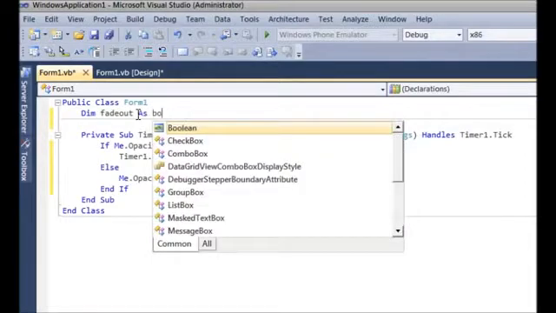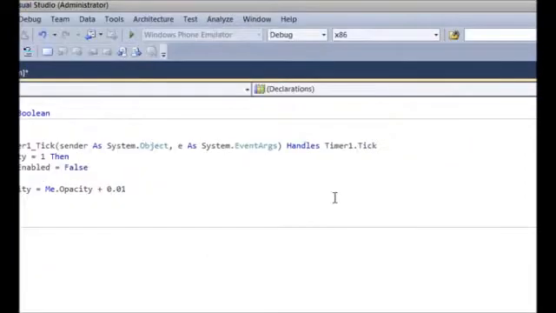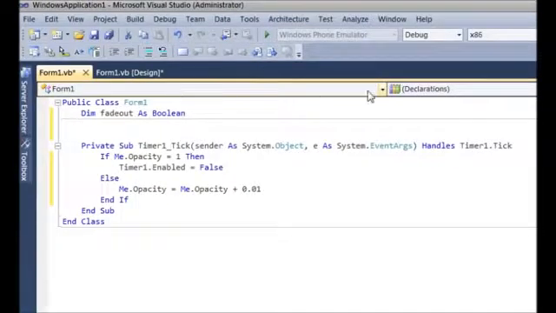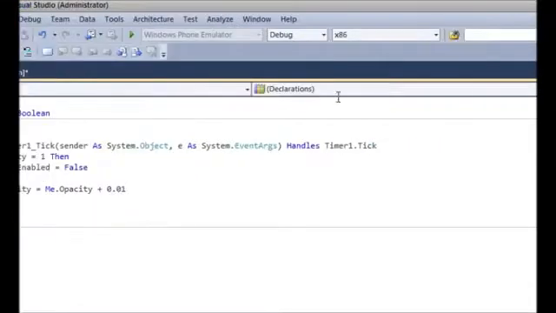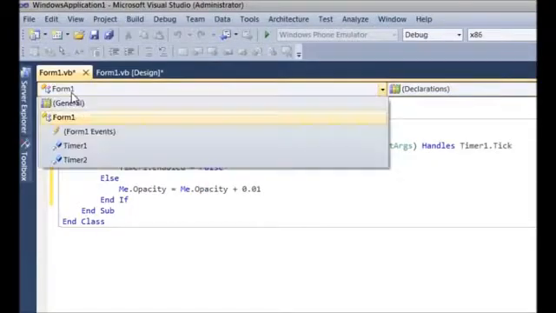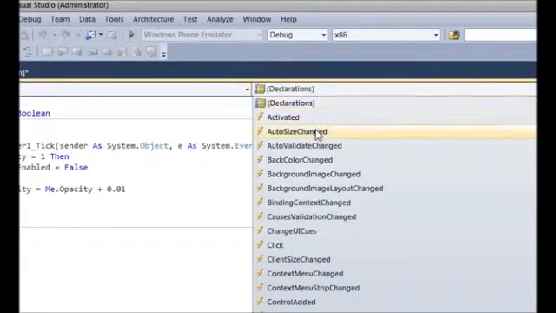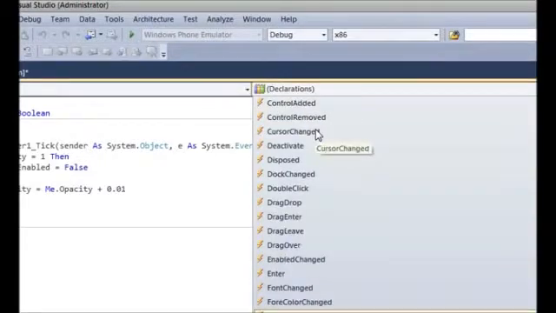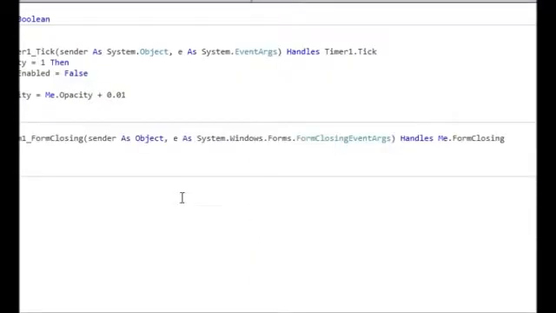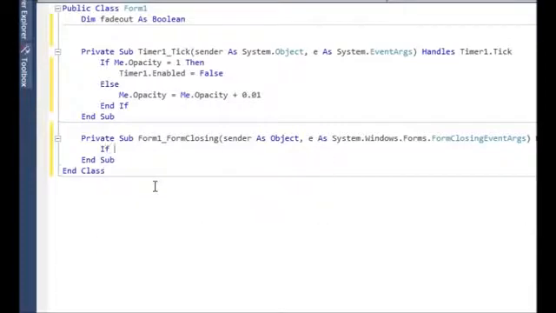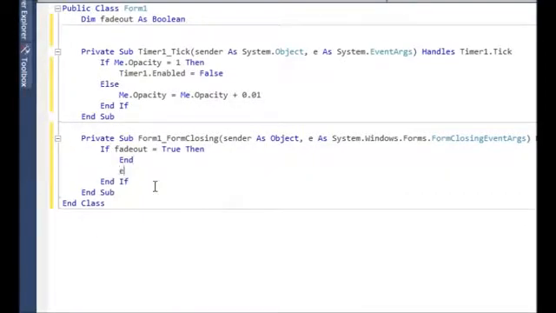So now I'm going to define a variable called fadeout. We're going to make it a boolean, and I'm going to start to write the code for the fade out. Basically what we need to do is catch when the user has clicked the exit button, stop it from closing, fade out, and then end. So in form 1, we need to go to the form 1 events, and then get the form closing. Now we're going to go: if fadeout equals true, then end, else